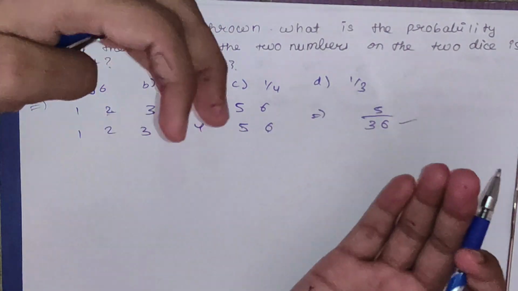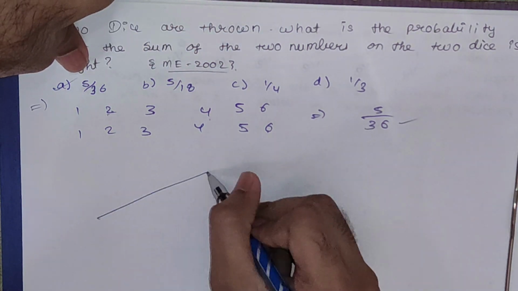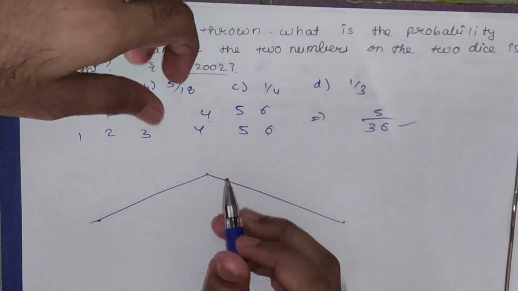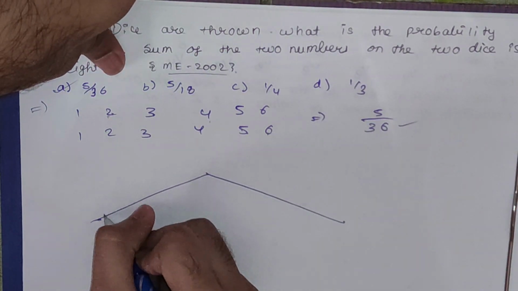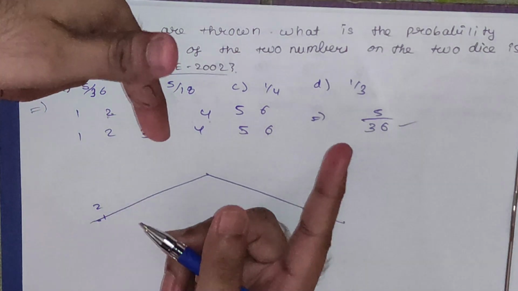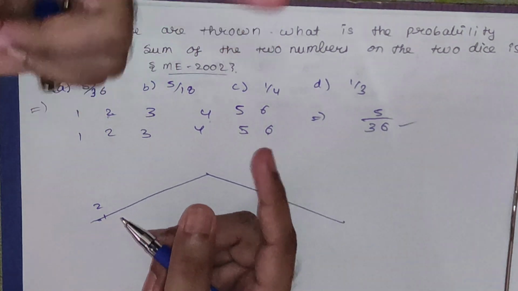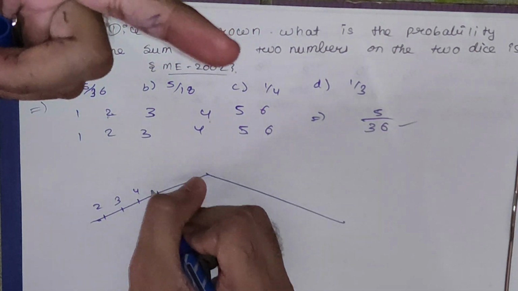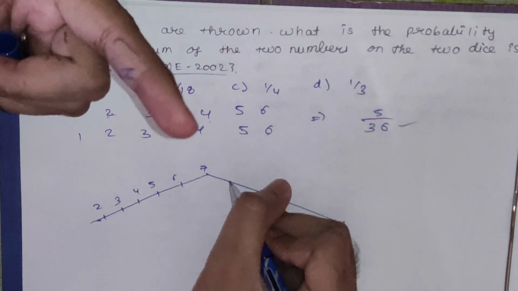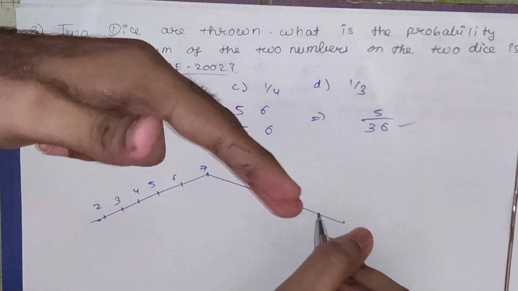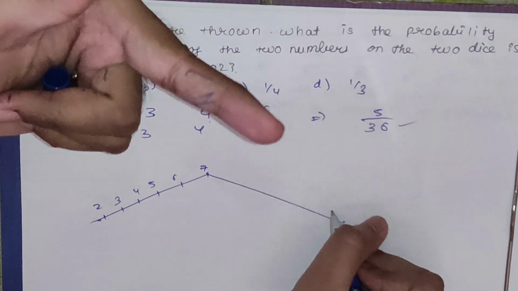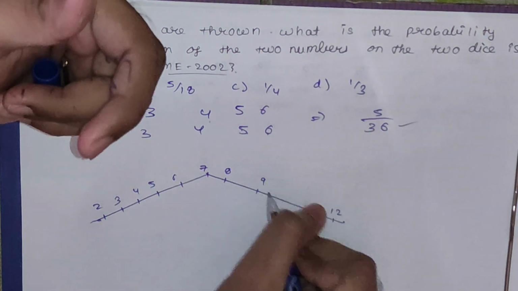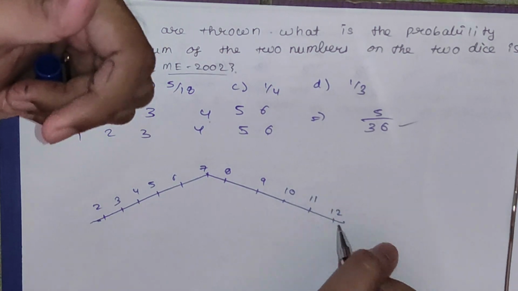For this type of sum where you have to find the sum of two numbers, you can also use the tree theory. Let us see the tree theory now. Tree theory is like this. The upper part consists of sum and the lower part consists of the number of cases. So the minimum sum will be 2, right? 1 and 1. Minimum in one die is 1. So 1 plus 1 will be 2. Now you have to increase your number: 3, 4, 5, 6, 7, till the maximum number. The maximum number will be 6 plus 6, right? 12. So you have to write it till 12: 8, 9, 10, 11 and 12.